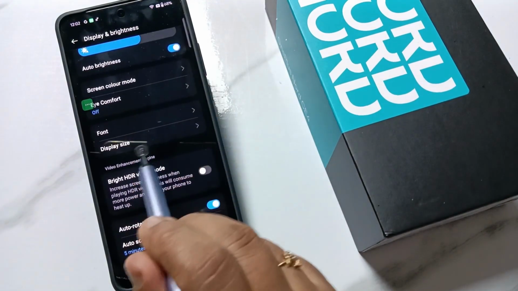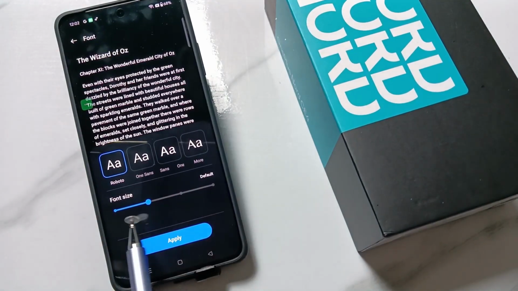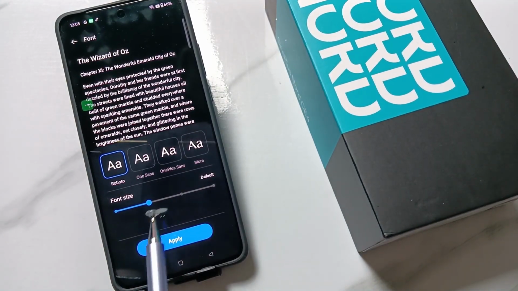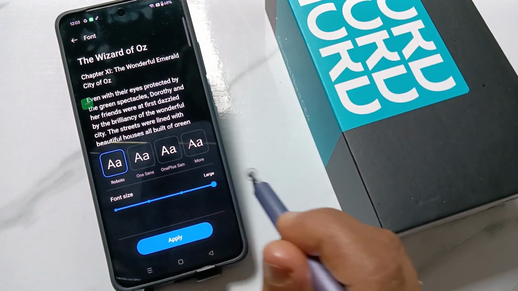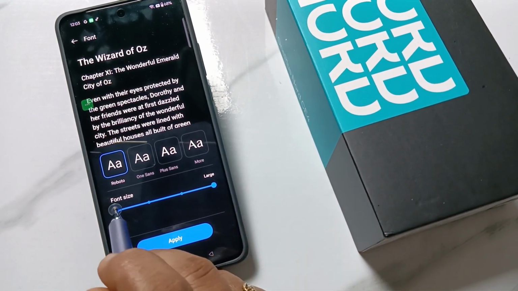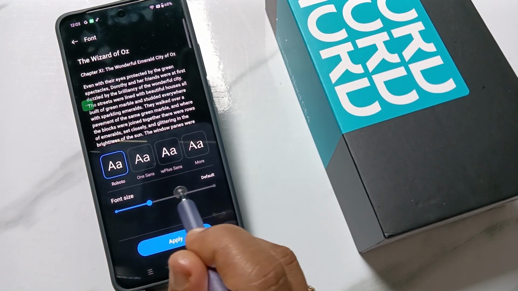Then again scroll down. Here you can see the option font. Tap on this one. Now you can see the font size is default. If you want to increase the font size, then medium and large. You can see the change, right? This is small, default,